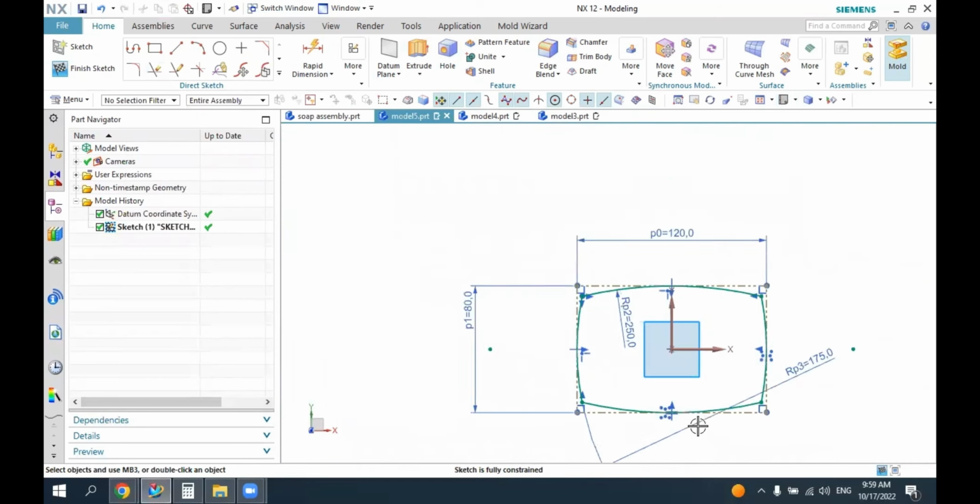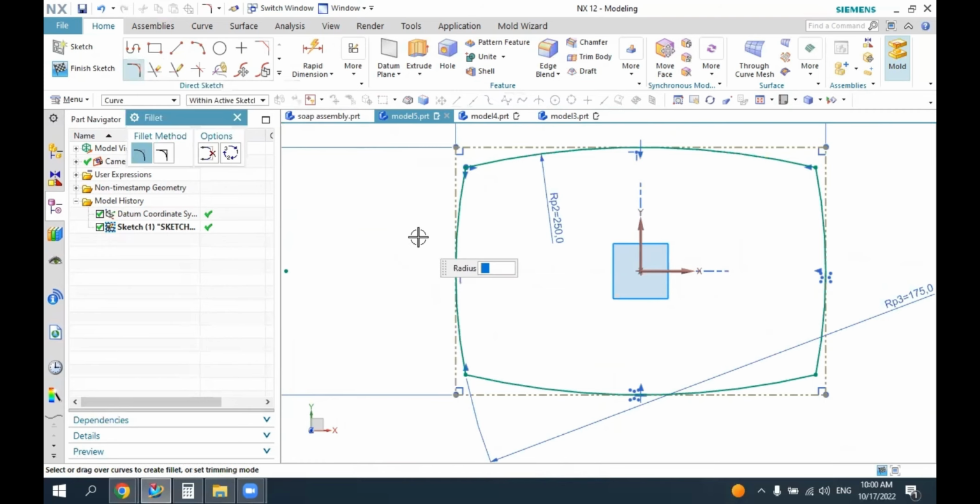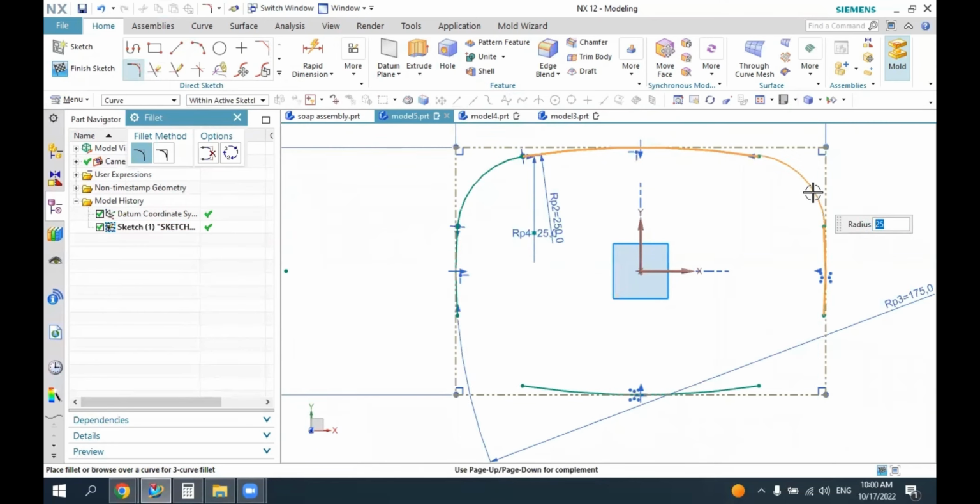So we can go to the top view. Now we need to add here the fillet. So using the fillet here, you can just type in F from your keyboard. So select this side and this side. So type in the radius 25, press enter. So this side and this side, 25. So you see that this side is disappearing, and don't worry about them because